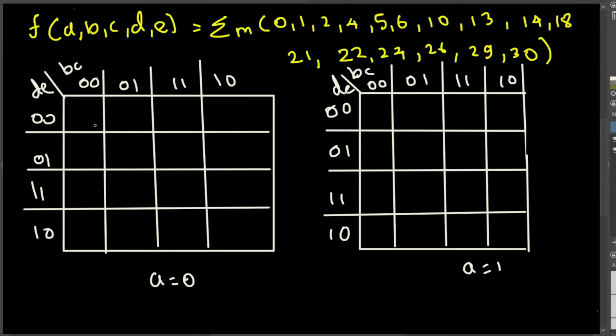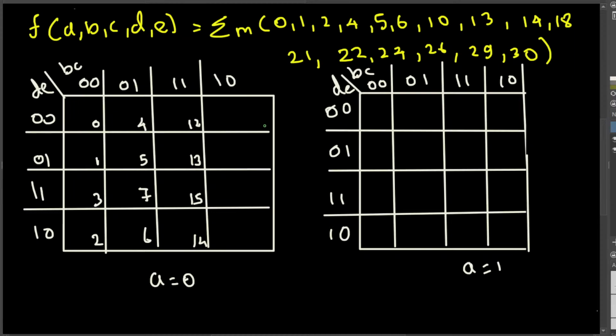So this is going to be 00000, that is 0, 00001, that is 1, 00010, that is 2, 00011, that is 3, and here 00100, that is equivalent to 4, 00101, that's 5, and then 00111, that is 7, 00110, that's 6, 01100, that's 12, and 01101, that's 13, and then 01111, that's 15, 01110, that's 14,